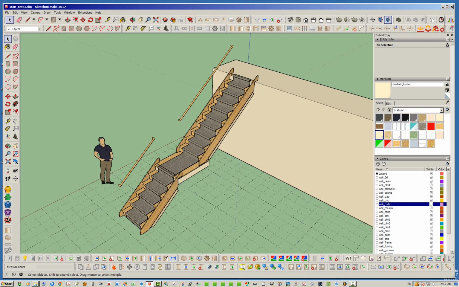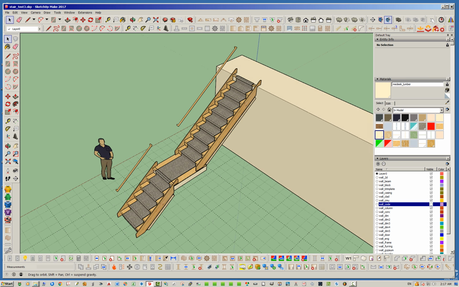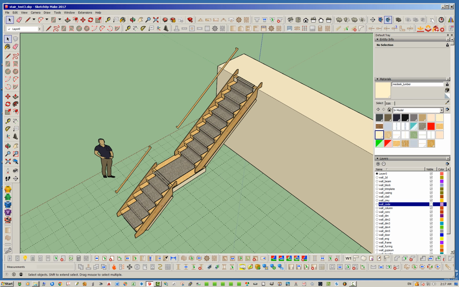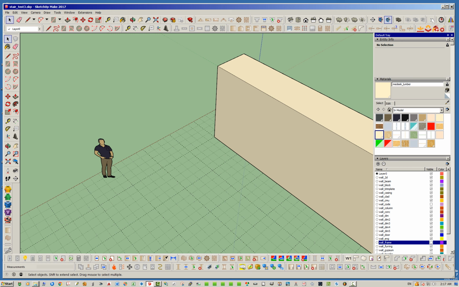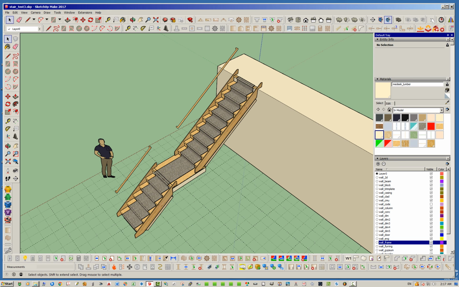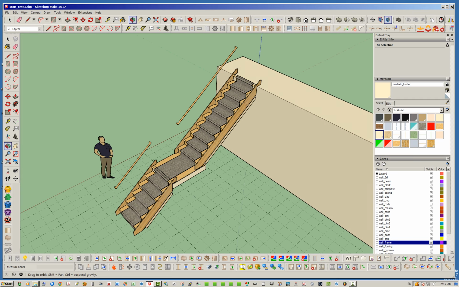All right, so the first thing you'll notice is that up until now, everything with the stair module has been put on the wall framing layer. So if we go in here into the layers or tags and we turn off wall framing, you're going to notice that it turns off that entire staircase, right? So that's kind of inconvenient because there are times where you want to break that out into separate tags